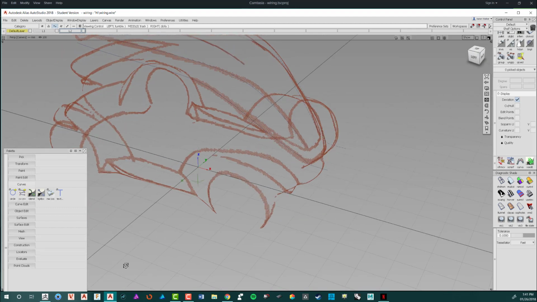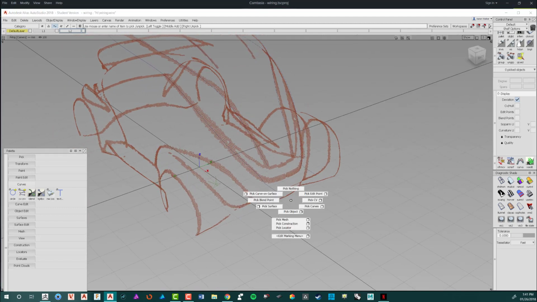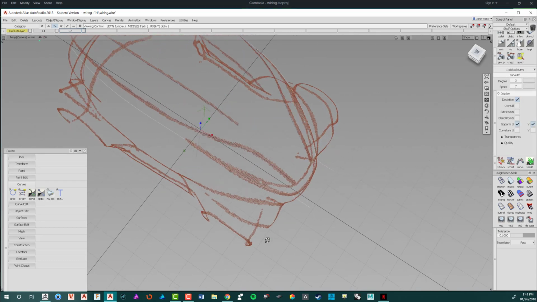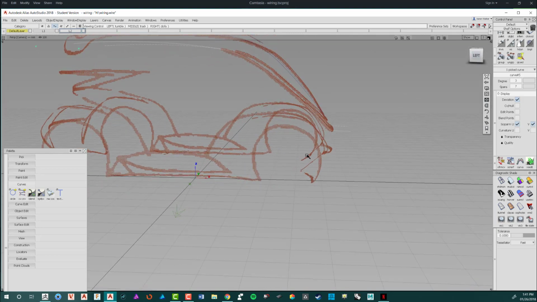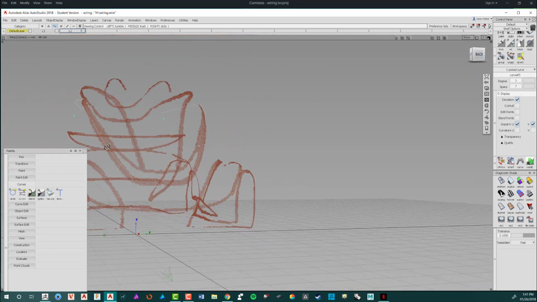So I'm going to continue to build the rest of these curves in space, and I'll show you at the end of this video how everything works together, how I've tweaked everything,